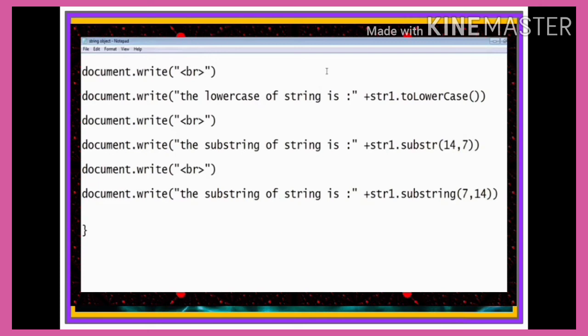Use the substring function applied on the variable str1. Write document.write br, document.write "The substring of string is" plus str1.substring, pass two arguments 7, 14. Save the program, run on the browser. You will get one button, click that button, enter the value "information technology", press OK.